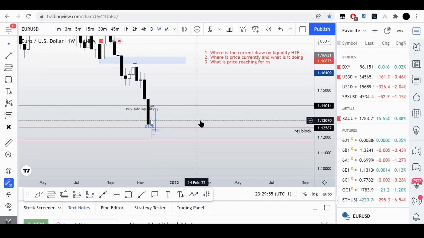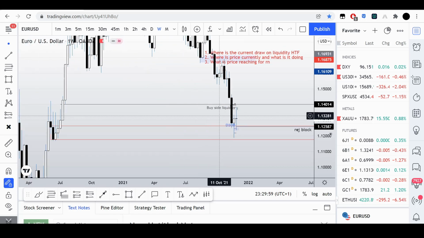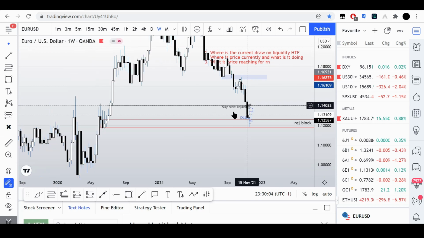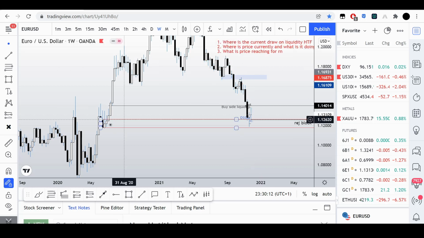So the question is, what is price drawn to? Higher time frame. We can't call a bottom or top. We know that we're in discount, right? And we're not going to call a bottom or top. So right now on the higher time frame, price can still be drawn to possibly fill in the rest of this imbalance right under this low, which can be possible sell side liquidity, or we could come into this